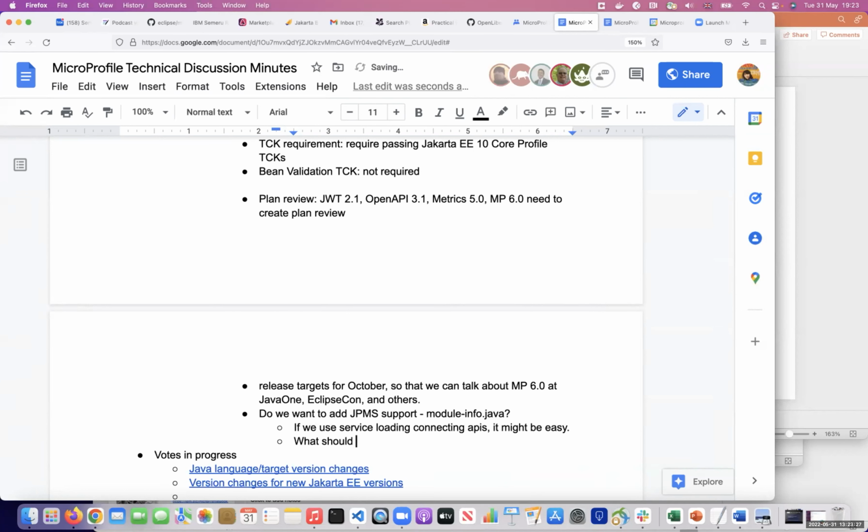I will chime in that if compiling it down with jlink to a minimal distribution is something we want people to do, you do actually have to implement the module-info.java file and not just the automatic module name in the Maven build. I just wanted to ping that. No, that's good info, because maybe one of the goals should be that we figure out how to make it easier and better for people to jlink a microservice implementation based on MicroProfile down to a nice compact container. So I think a POC is a really good idea.